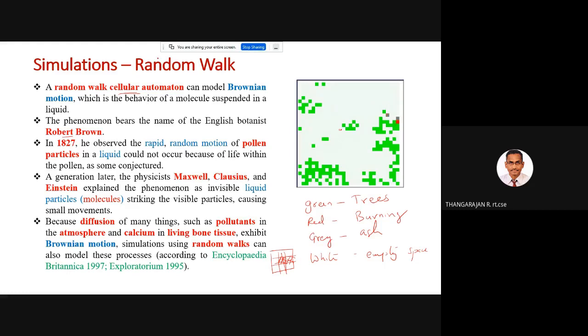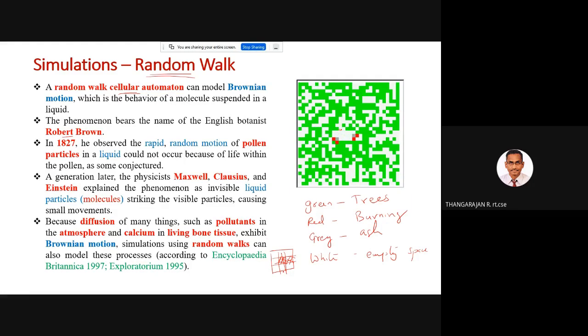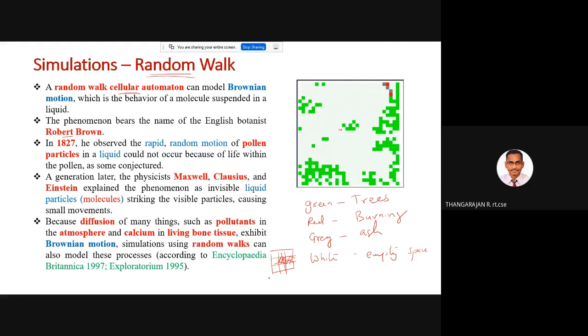So this is where we use the technology of random walk. The random walk means the fire can go this way, this way, this way, this way. The only thing is that you have to give a probability. What's the probability of going towards north, south, east, west? But actually, if you take forest fire, it will also depend upon the wind. If the wind is blowing towards north, then the fire will spread towards north more. If the wind is blowing towards east, then the fire will spread fast along the east direction.